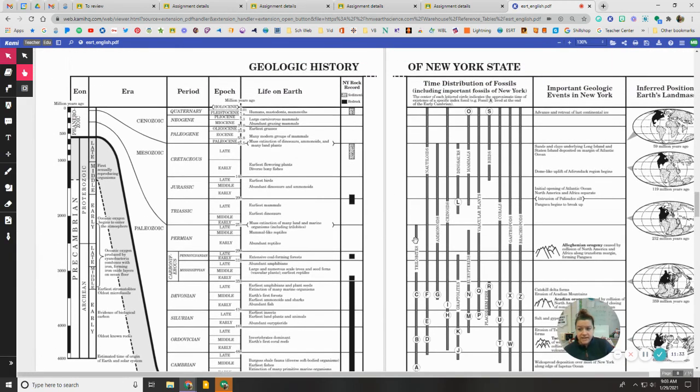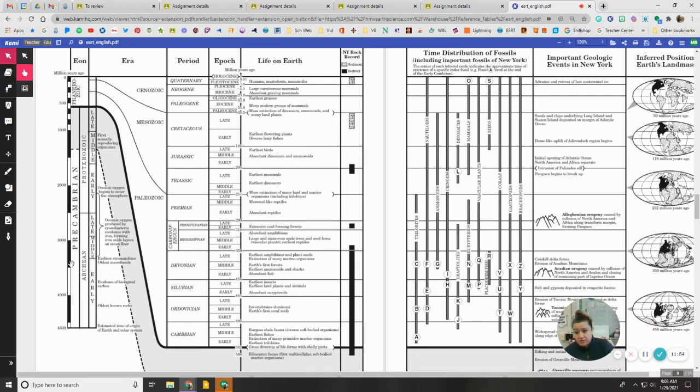The hardest part to get, and you might want to rewatch the beginning of the video if you still don't understand, is how this eon works. Remember, this solid black line allows for this Phanerozoic to kind of blow up on your page because all of this stuff has only happened over the past 550 million years. Not a lot of things happened during this Pre-Cambrian. It was very quiet and rocky and lava-y and yuck. Not a lot of life.